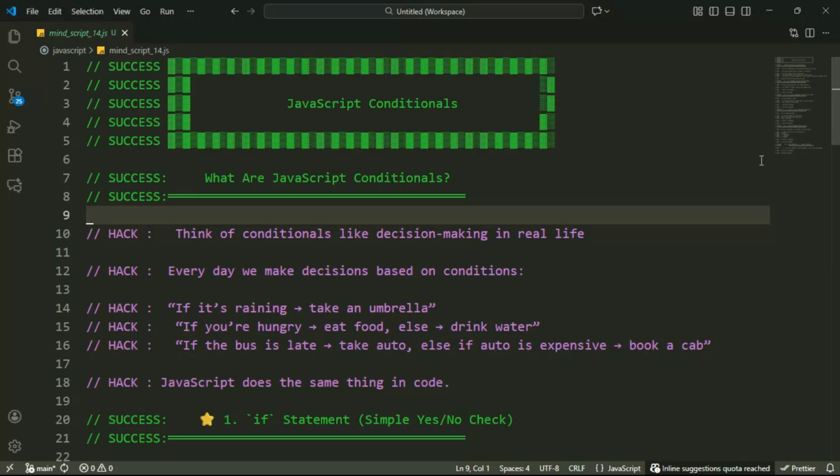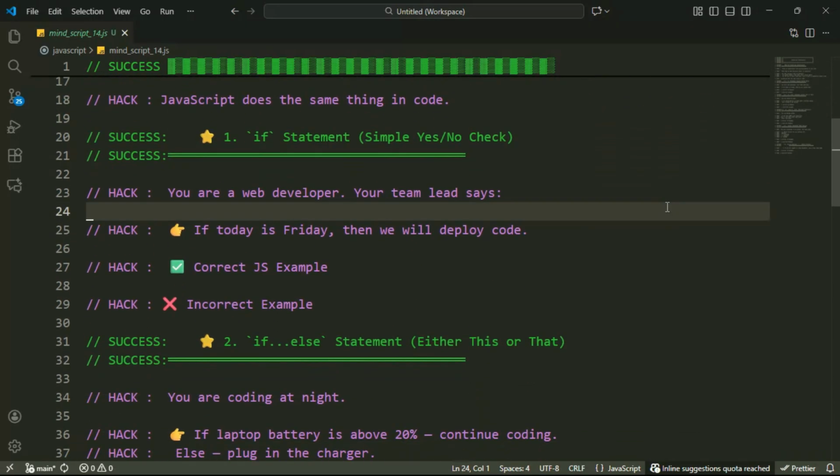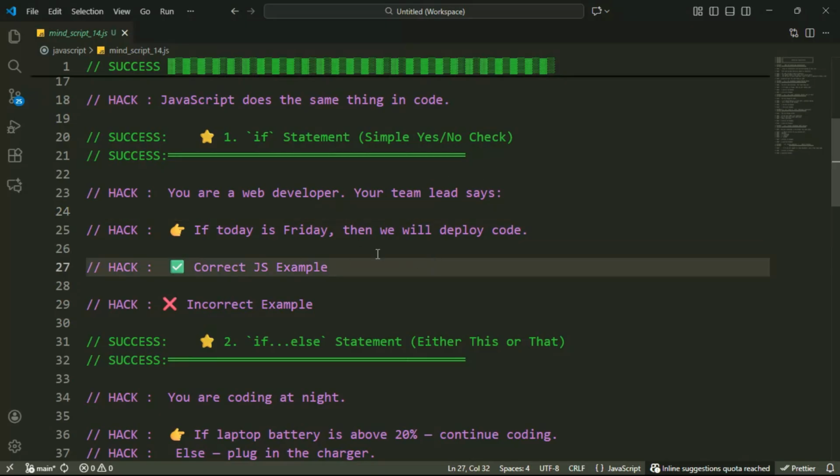JavaScript uses code to make the same type of decisions. So first, we have the if statement, a simple yes/no check. Imagine you are a web developer and your team lead says to you, if today is Friday then we will deploy the code. Okay, so here,